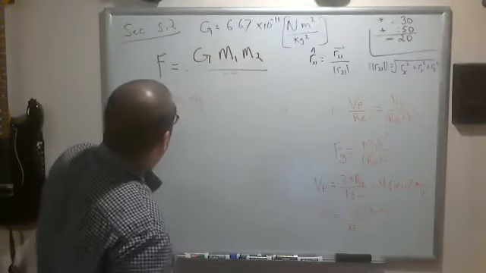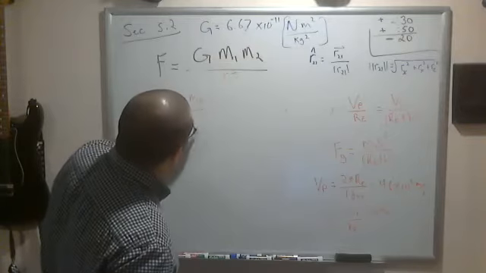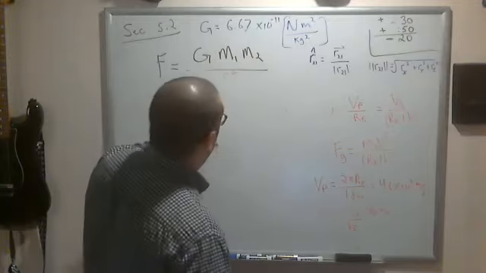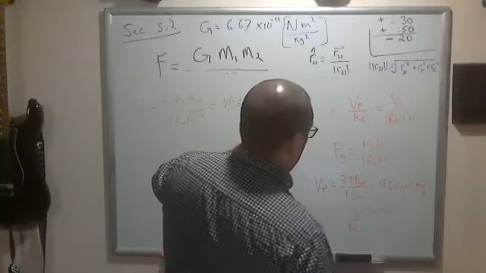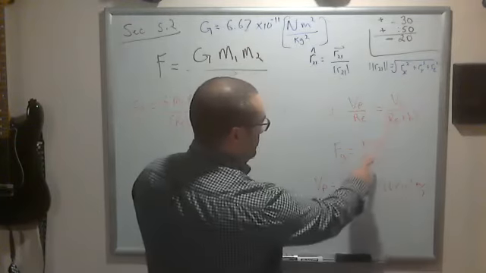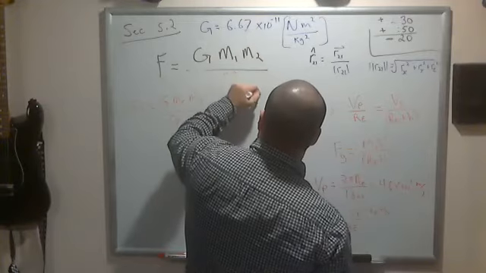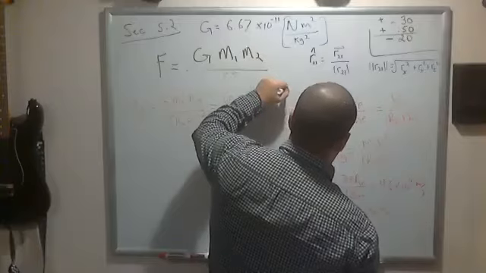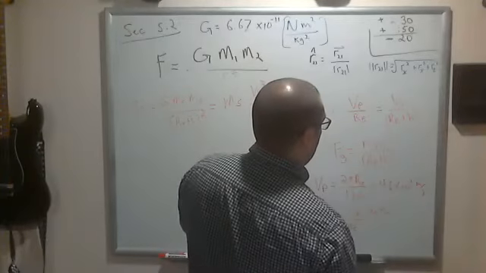This is r squared, we would have RE plus H squared, and this is equal to MS. And then I'll put it in terms of VP. VP squared over